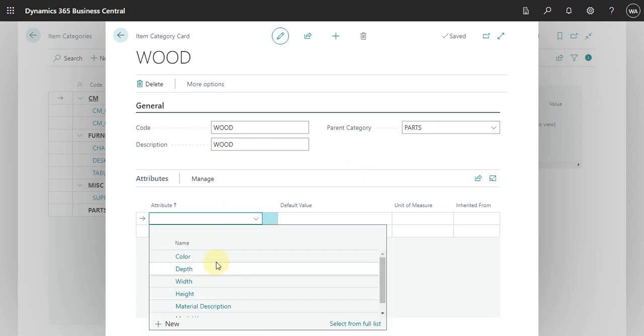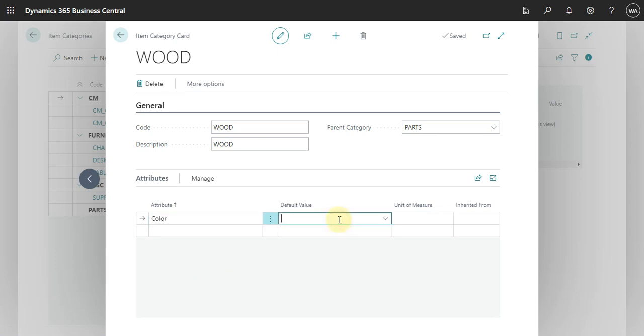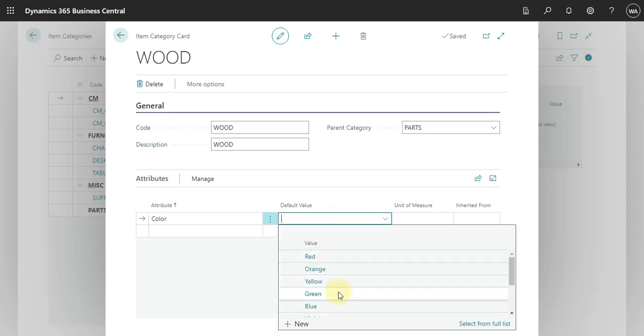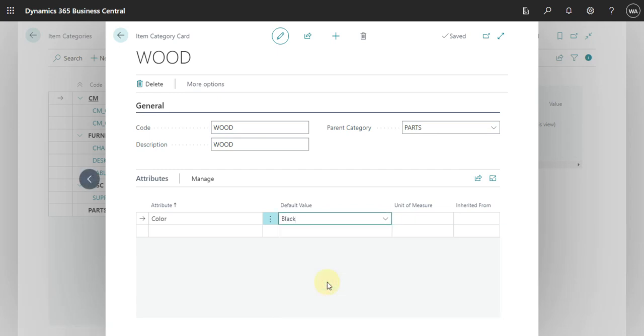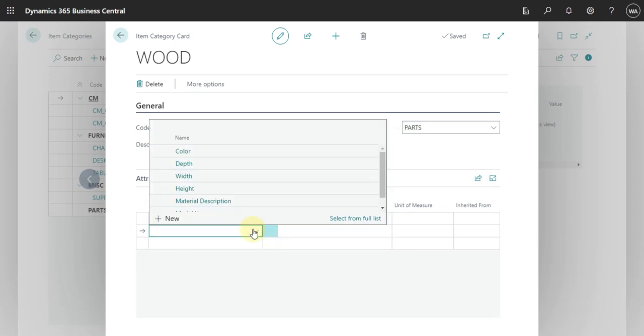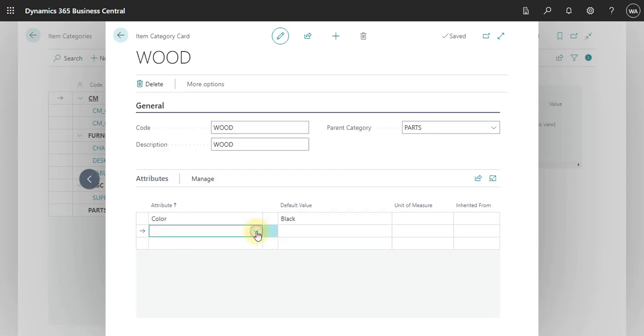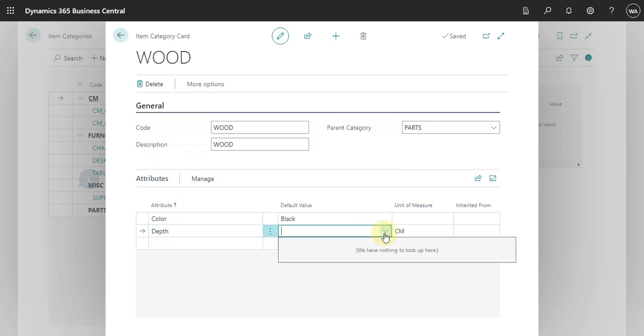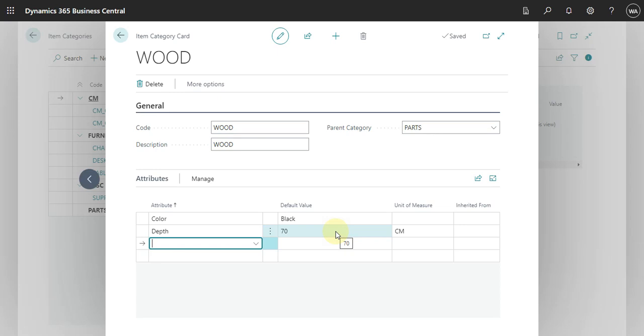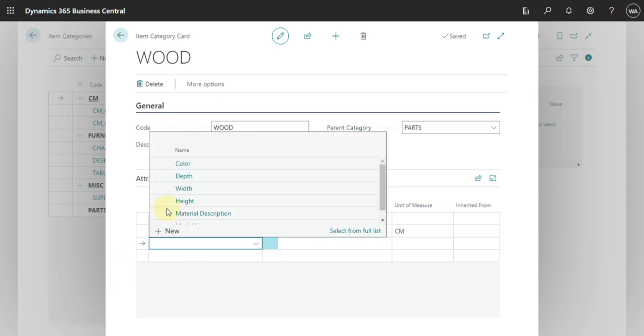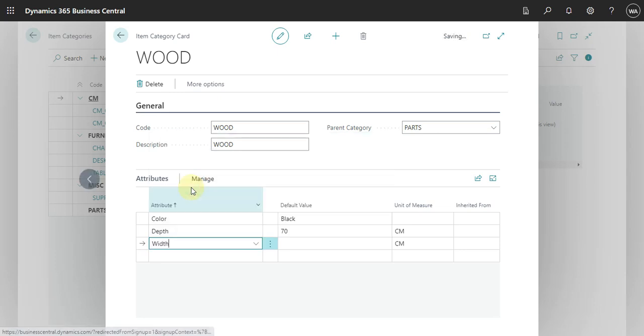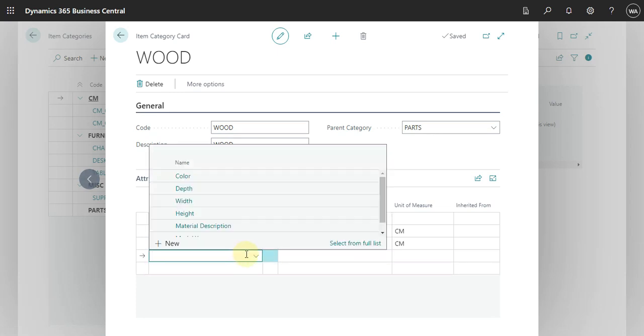Then you can select the attributes like color. So let's see what we have here: orange, yellow, red, black, white. Okay, I like this. Let's see, black color. And then we can select here, we don't have any options, so let's put like 17 centimeter, and then let's put the width, the weight,